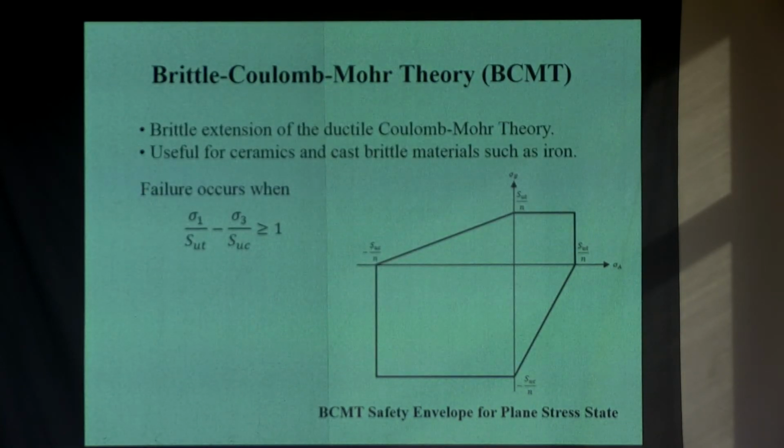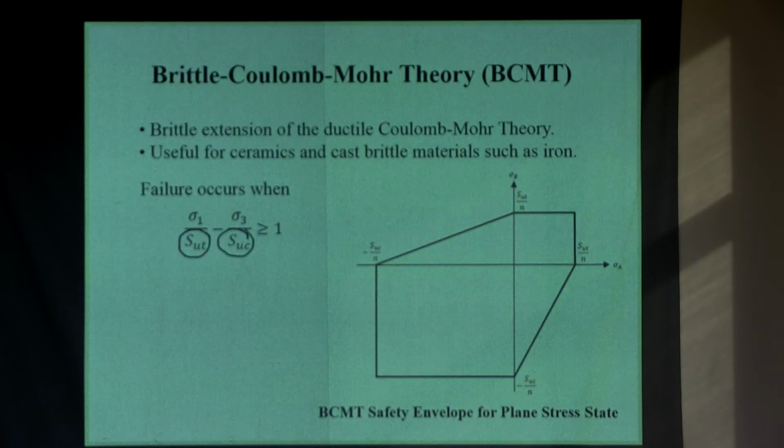And let's look at the brittle version of this theory. It's the brittle extension of the ductile Coulomb theory. It's useful for ceramics and cast brittle materials such as iron. So for cast iron, the brittle Coulomb theory works very well. The statement is exactly like the ductile Coulomb theory. All you do is you're not talking about S_Y now, you consider S_U. So you replace S_YT by S_UT and S_YC by S_UC, ultimate strengths now, instead of the yield strengths, and you will get